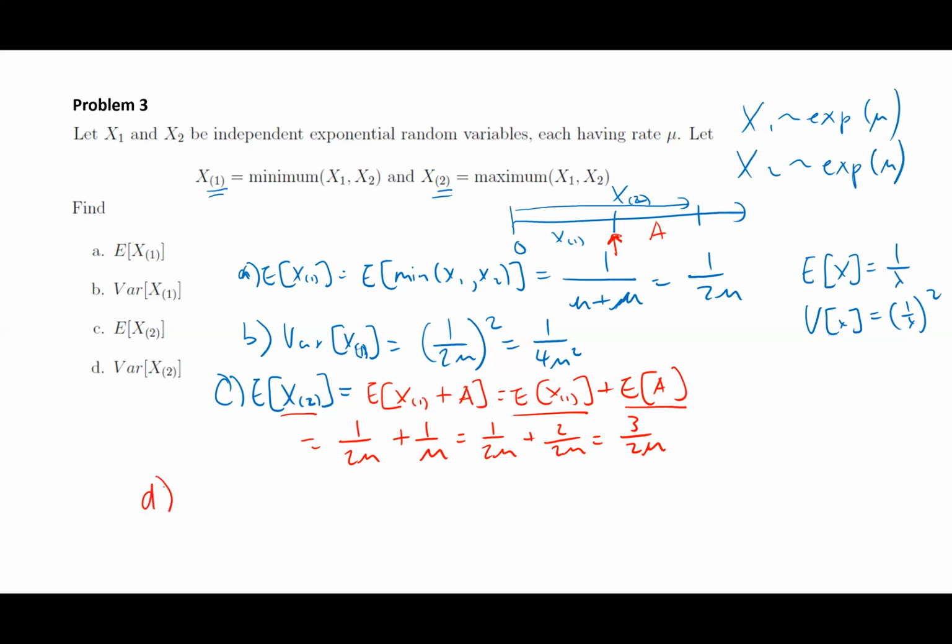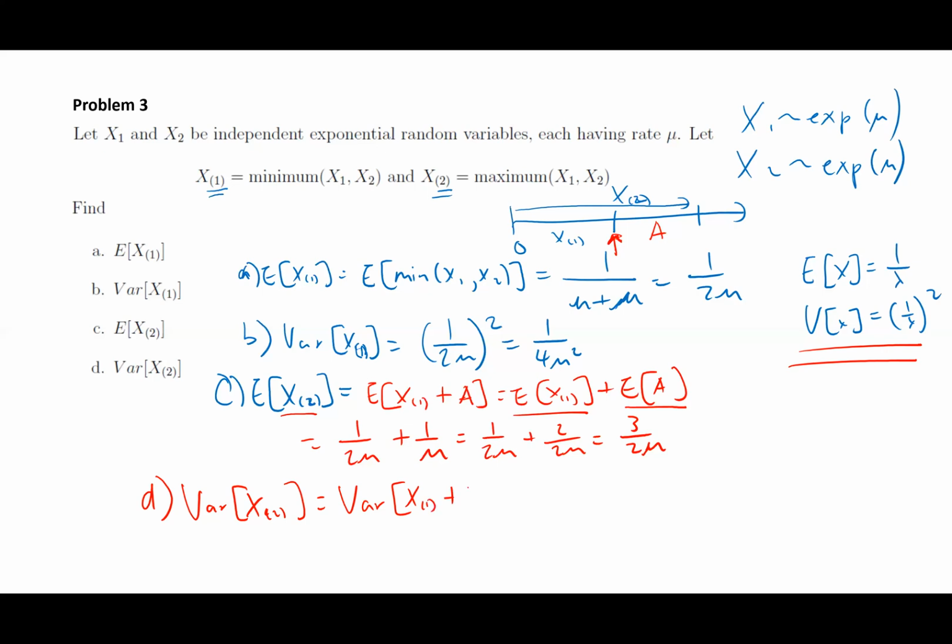Okay, stick with the red color. It's the variance of X2, so it's the variance of the maximum between X1 and X2. Here again, if we want to use this property, then it's pretty simple. Except we can't really just take this 3 over 2 mu and square it, right? Because it's really composed of two random variables. So what we're really doing is the variance of